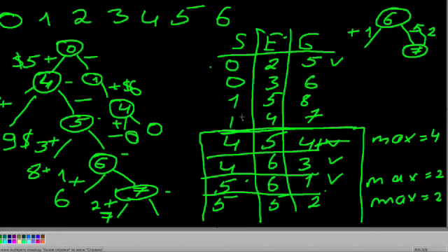And just like this, we go through until the beginning of the array, and whenever we reach the beginning, we already know how much max profit we can make from this line,